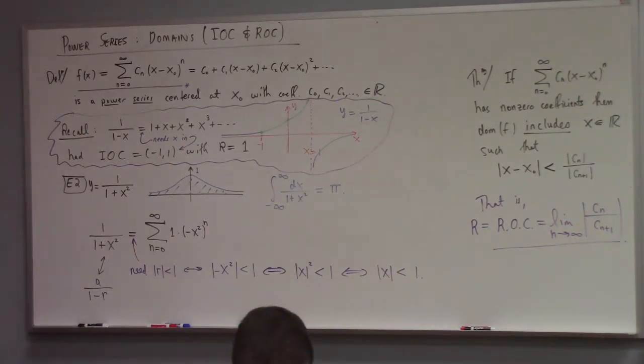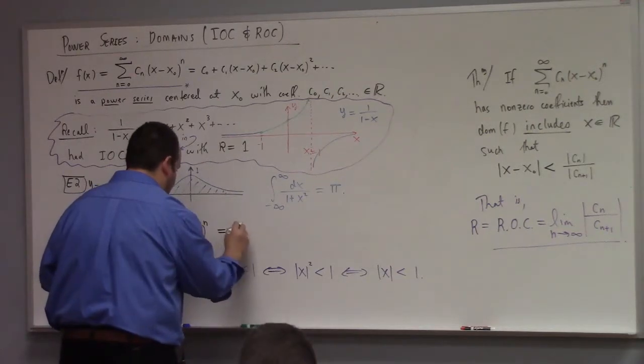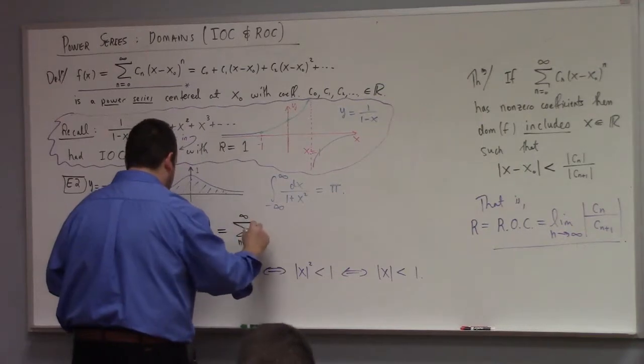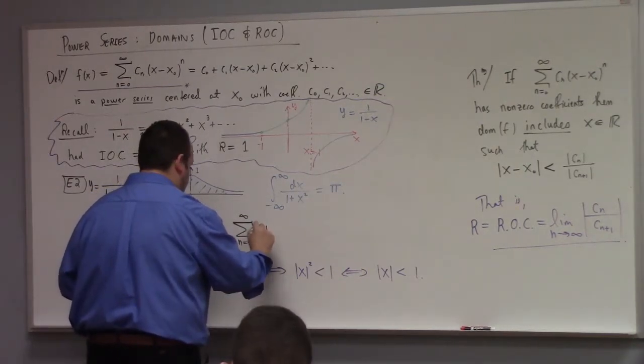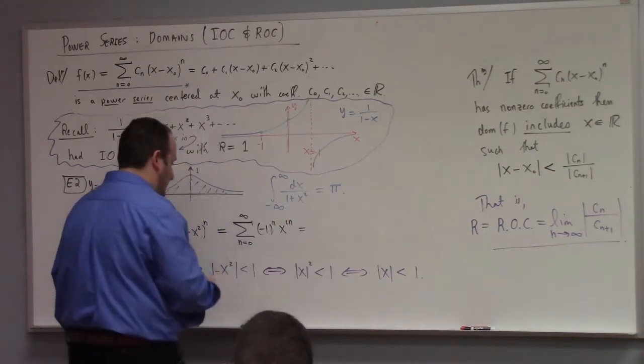So what I'm saying is that this power series, the sum from n equals 0 to infinity of minus 1 to the n, x to the 2n,